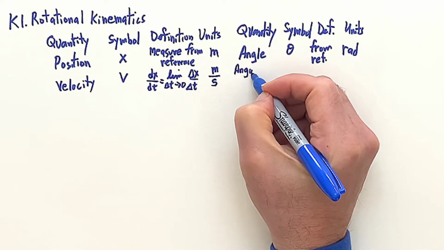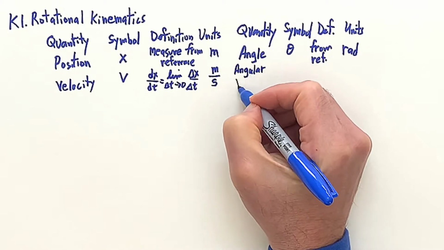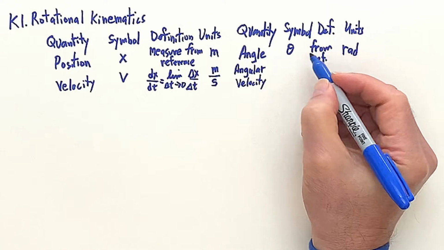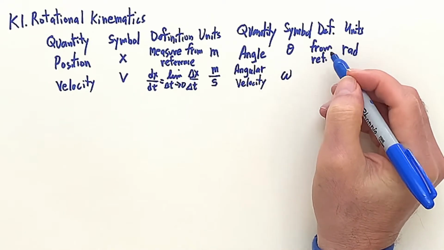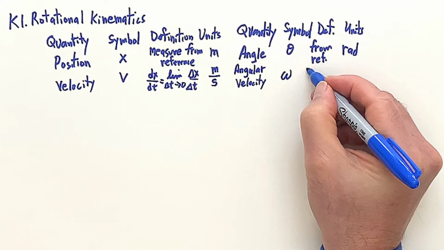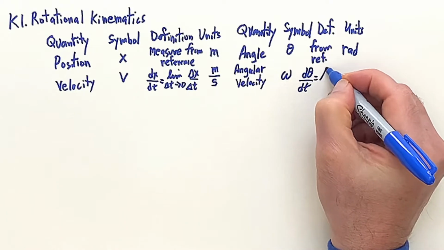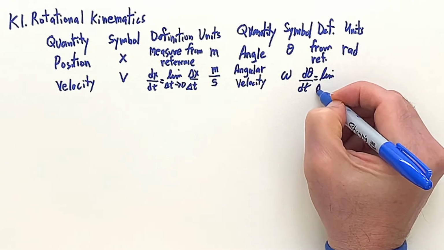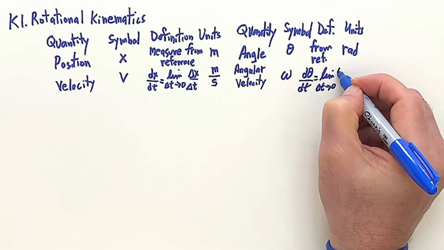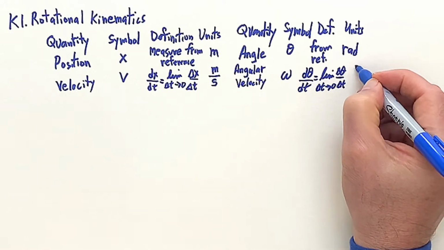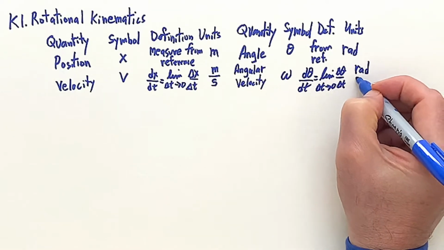Here we'll have angular velocity. Symbol is omega, and we have the derivative of the angle with respect to time, or the limit as delta t goes to 0 of delta theta over delta t, and the units would be radians per second,